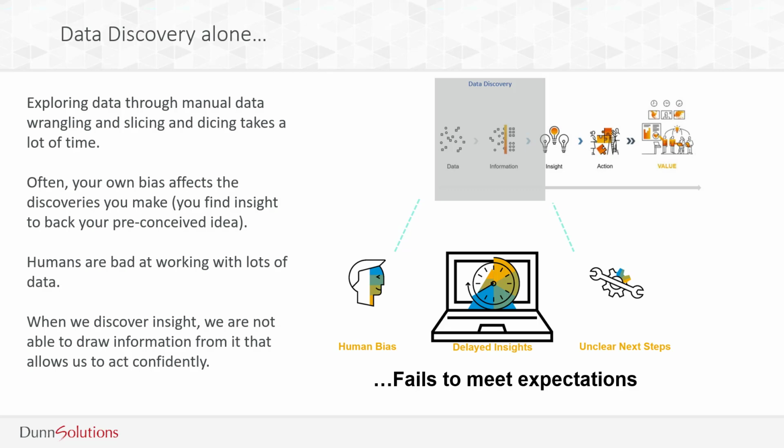Regardless of what data discovery tool you use, whether it's Excel, SAP BI, Microsoft BI, even Tableau, it's all subject to human bias. Humans are particularly bad at processing raw data, and that becomes even more of an issue when the data is complex and large. And on top of that, we're really bad at overcoming our own beliefs, and when faced with an ambiguous situation, humans will typically select and highlight data that supports their own belief.